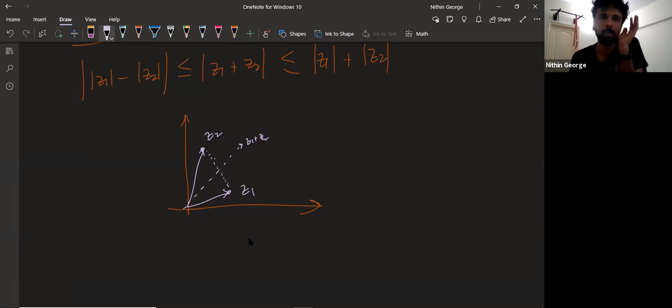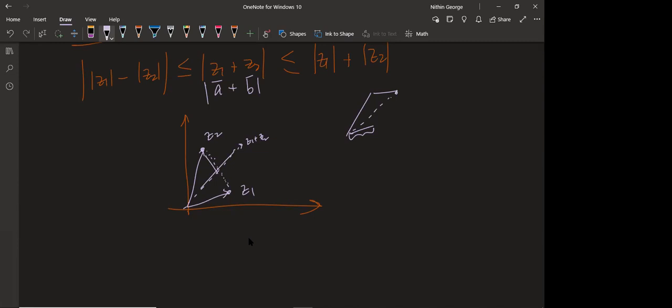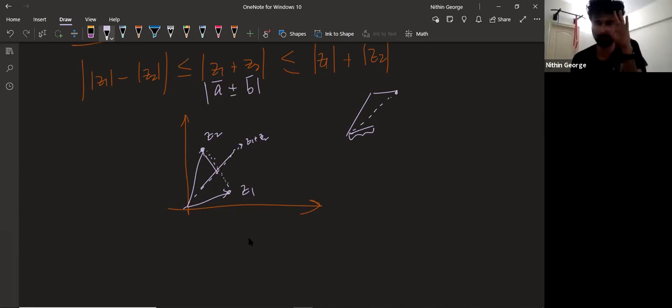Imagine this as vector A. Imagine this as vector B. When I say A plus B or A minus B, say A plus B, you'll get something like this, right? So you can take this side and place it here. You'll get a triangle basically. So imagine this as the third side of the triangle. Whether it's this diagonal or this diagonal doesn't matter. This is the third side of this triangle. Are you following? Yes, sir. Whether I say A plus or minus B doesn't matter. It's the third side of a triangle with Z1 and Z2.